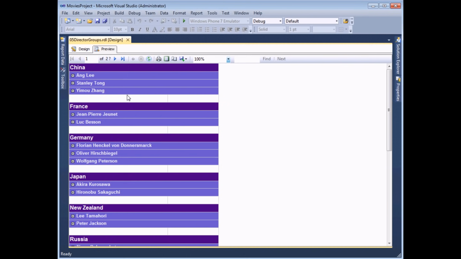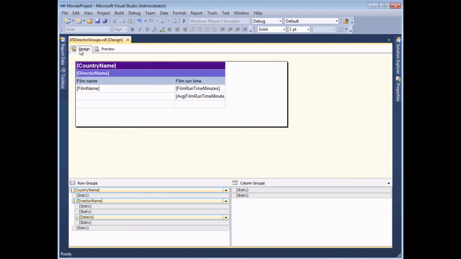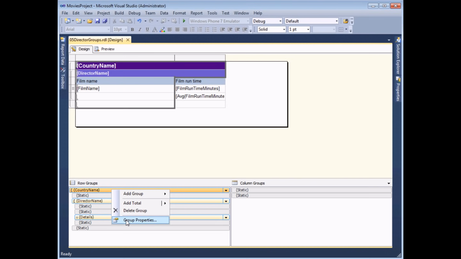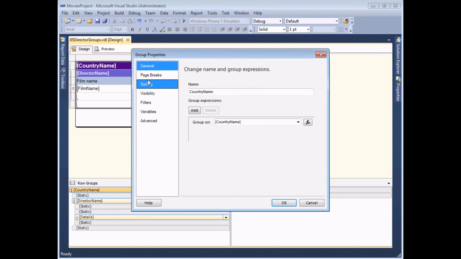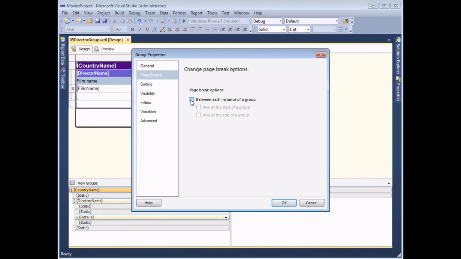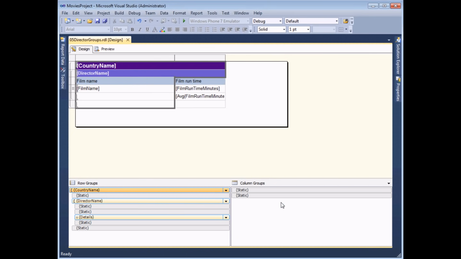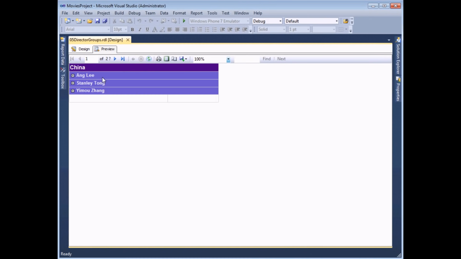I think one last thing I would probably do here is assign a page break at the bottom of the country group so that each country appears on its own separate page. So again, if I head back to the design view, and in the same way as I did earlier, I can right click the group heading, so this time it's the country name group, and choose group properties, and I can choose to add a page break between each instance of the group. If I choose OK, and then preview the report one more time, I can now see that each country occupies its own page,